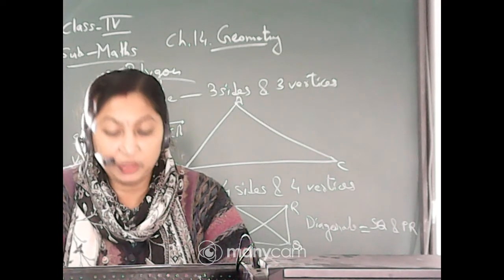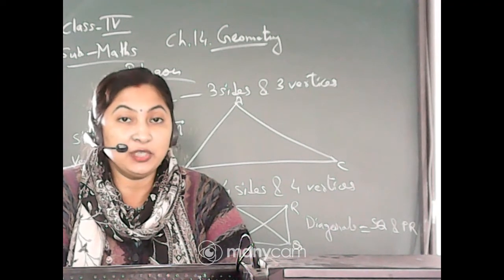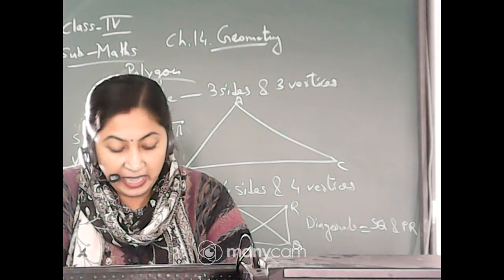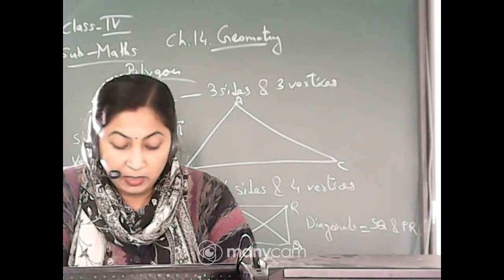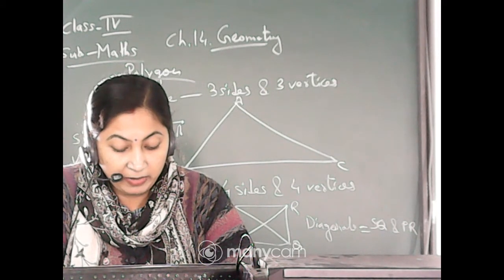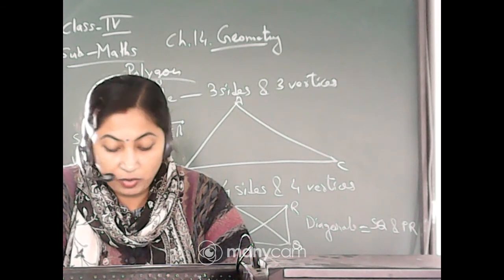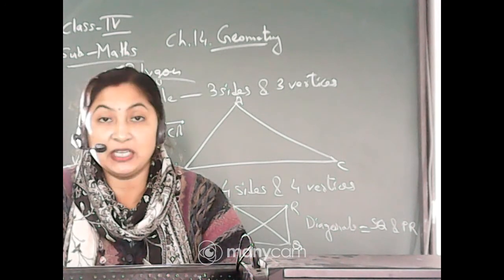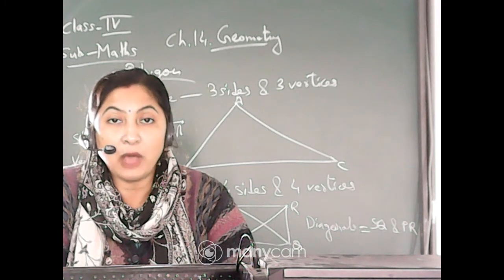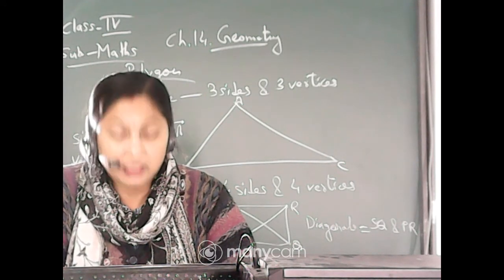Now come to question number 3. Which of the following polygons are quadrilaterals? As you know, for a quadrilateral it should have 4 sides. Number A has 4 sides, but number B does not have 4, it has 1, 2, 3, 4, 5, 6 sides, so it is not a quadrilateral. Number C has 5, so it is not a quadrilateral. Number D also is not a quadrilateral. Number E is a quadrilateral because it has 4 sides. That means for question number 3, only A and E are quadrilaterals since they have 4 sides. Okay, so this is all about the polygons.